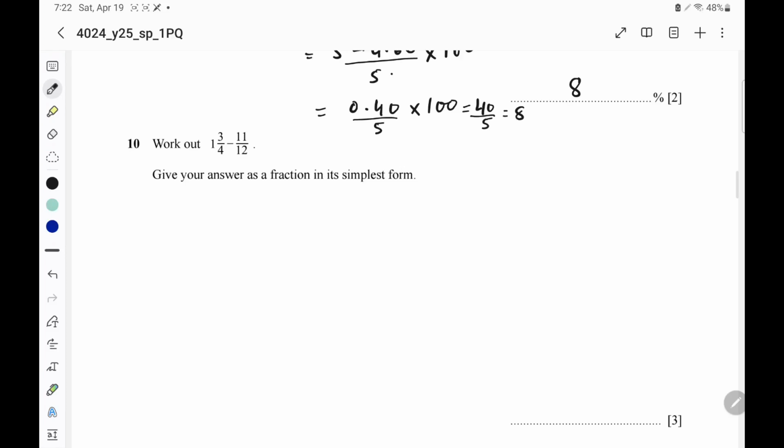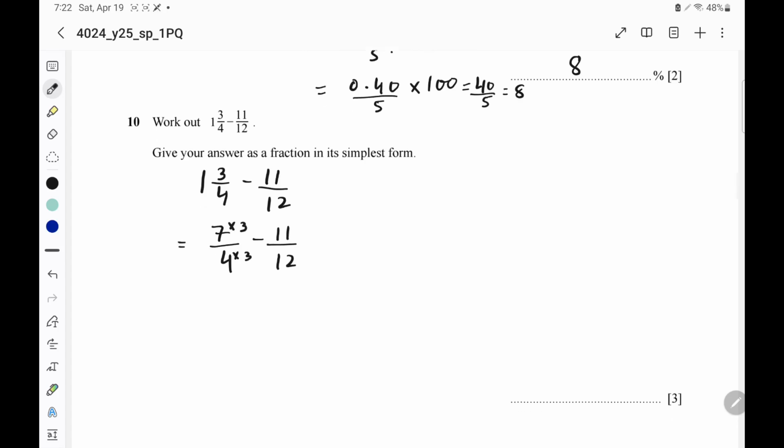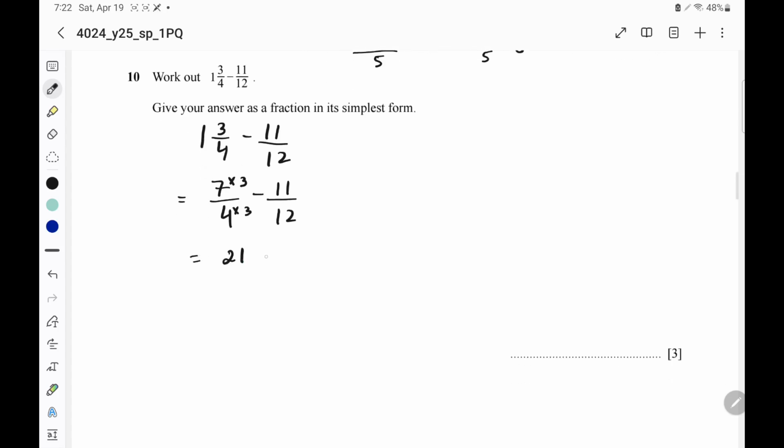Question number 10. Work out 1 whole 3 over 4 minus 11 over 12. So 1 whole 3 over 4 minus 11 upon 12. 4 ones are 4, 5, 6, 7. 7 upon 4 minus 11 upon 12. Take the LCM, which will obviously be 12. 4 times 3, 7 times 3 is 21. 21 upon 12